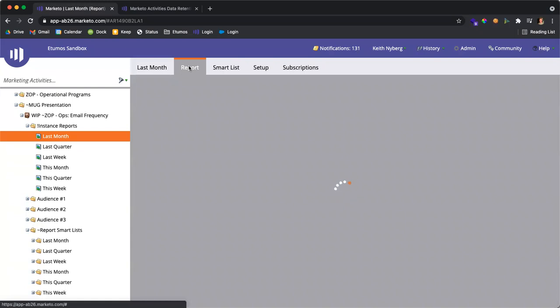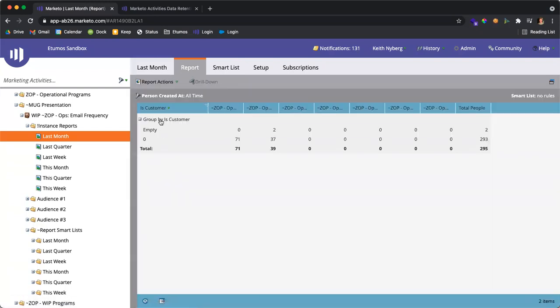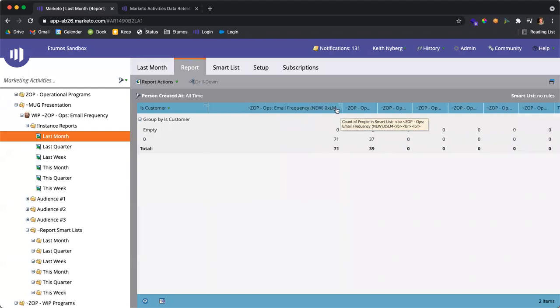But looking at last month, when you actually run this report, again, you're going to group it by whatever fields you'd like. But really what this is going to start to give me insight into is this is my 0. And sorry, this is the total count. And this is my 1 to 3. And this is my 0. So it's hard to see, but it's 0xLM is what it says there. And there's some lovely HTML formatting in the hint text that Marketo gives you. And I can actually open this up too if you want to see it, the 0.